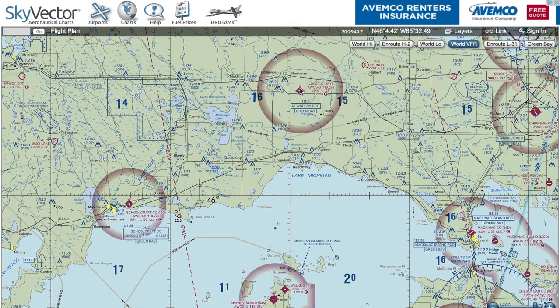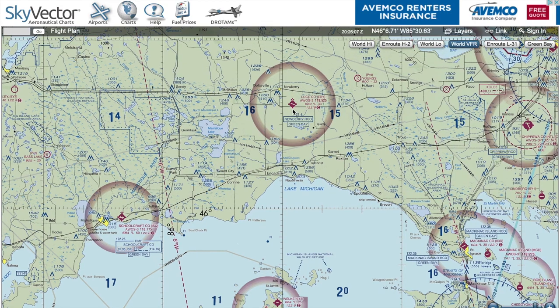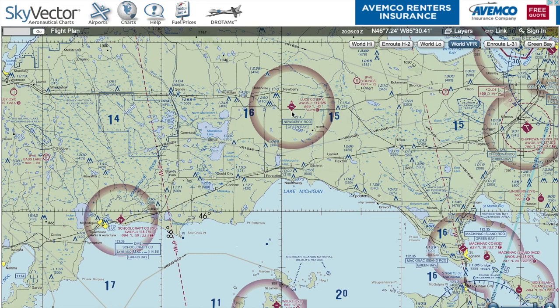So looking at this airport, if we were flying in this area, the one thing to note is this is a magenta airport. That means it does not have a control tower. It is in Class G airspace, which is uncontrolled airspace. The regulations say that we can fly in Class G airspace, uncontrolled airspace. That's what this is. So technically, as a commercial operator, you could fly